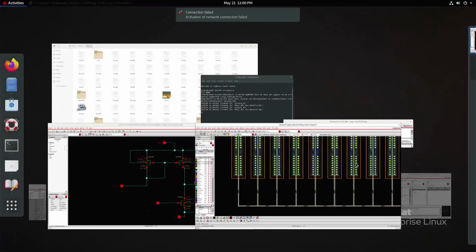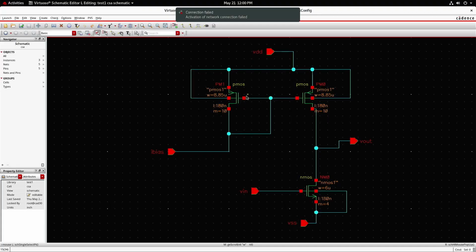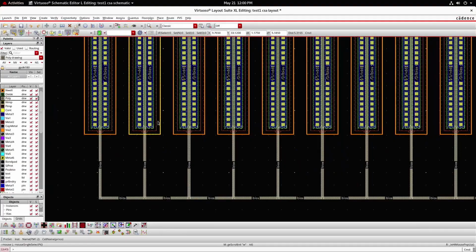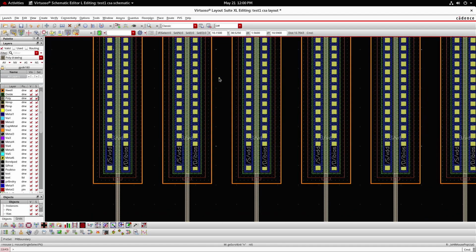Now, the connections I have completed are these. Both the transistors' gates are shorted. Now, the left hand transistor's drain should be connected to this shorted gate. On that, the I bias pin has to be placed. I am going to complete that connection now. Just observe here in the zoomed version. This is the left hand side transistor. Drain should be connected to I bias, and I am going to press P.